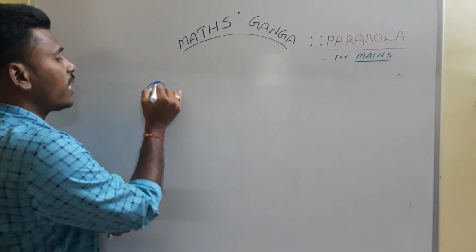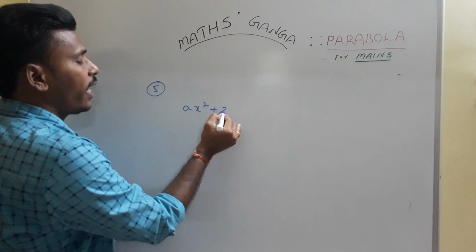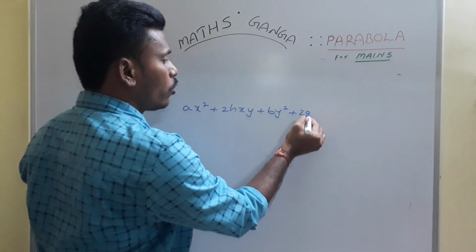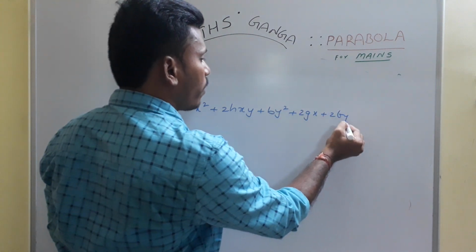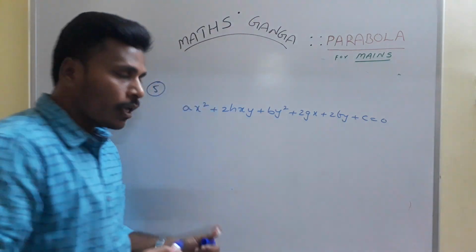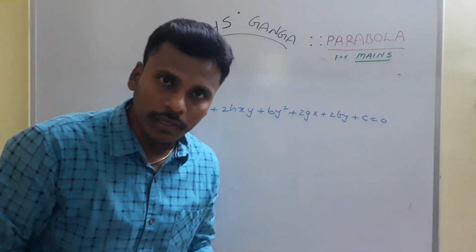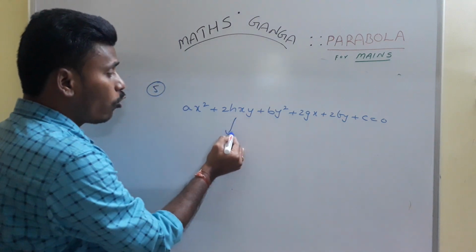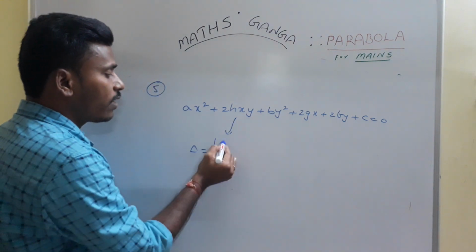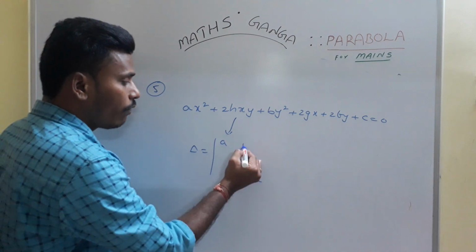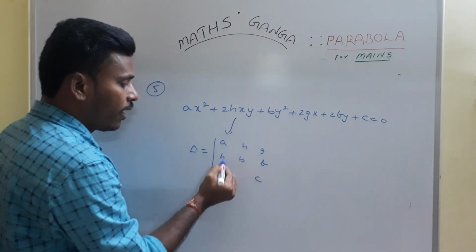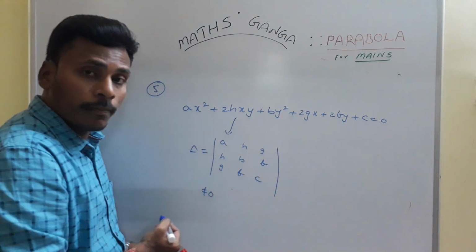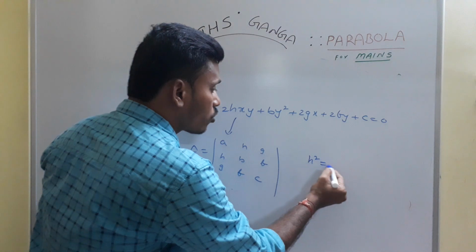If we have a general second degree equation in two variables like ax square plus 2hxy plus by square plus 2gx plus 2fy plus c is equal to 0, this general second degree equation in two variables represents different conics in different situations, right? See, if you find out the value of delta, usually you mention it as the determinant of a, h, g; h, b, f; g, f, c. If you find out this determinant, and if it is not equal to 0, as well as h square is equal to ab,